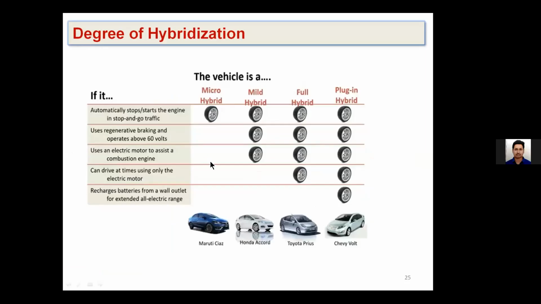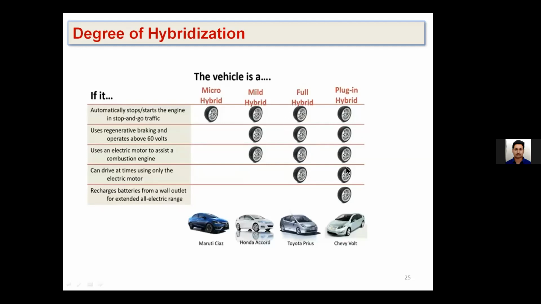Okay. So here, the mild hybrid has some better features when you compare it with the micro hybrid. Micro hybrid only has an additional feature in the start-stop function. But here it takes care of regenerative braking, through which you can save some energy, and there will be some assistance to the IC engine in a better way. And the full hybrid, as we mentioned, is capable of operating as a pure EV for some time at least. So there is no need of the IC engine during that particular duration. That is one additional feature we get through the full hybrid.